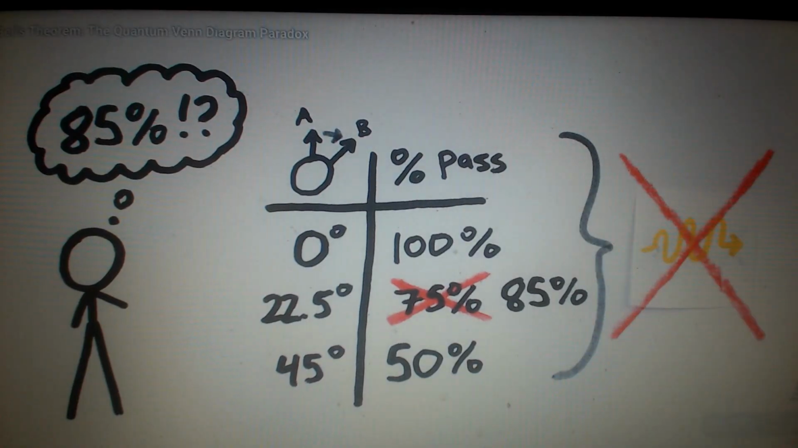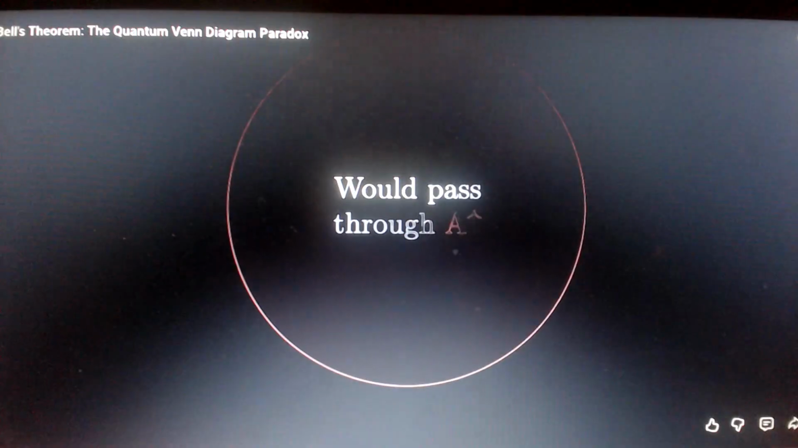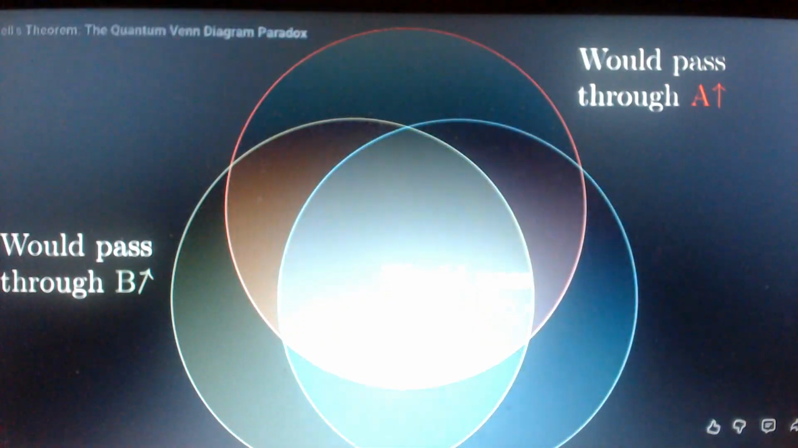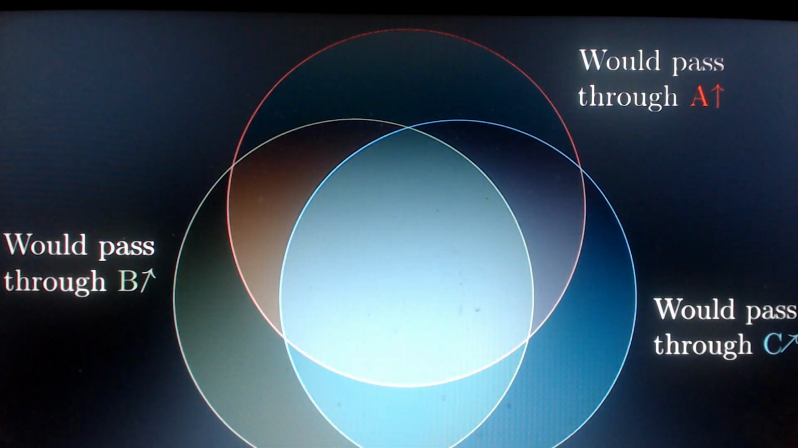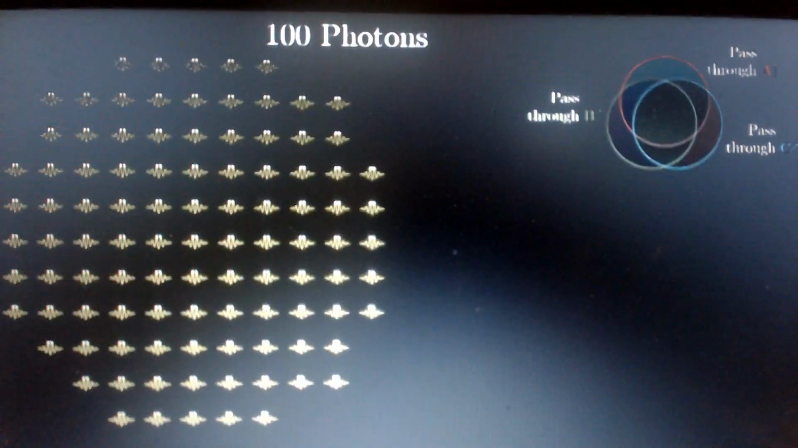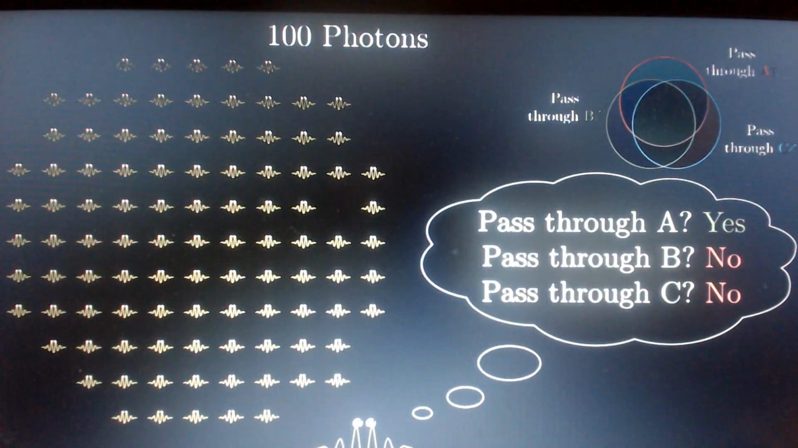In other words, it suggests that it's not even possible for these photons to have some definite answer to the three questions: would it pass through A, would it pass through B, and would it pass through C, before those measurements are actually made. What we'll do here is a proof by contradiction. Imagine 100 photons who do have some hidden variable, which through whatever crazy underlying mechanism you might imagine...